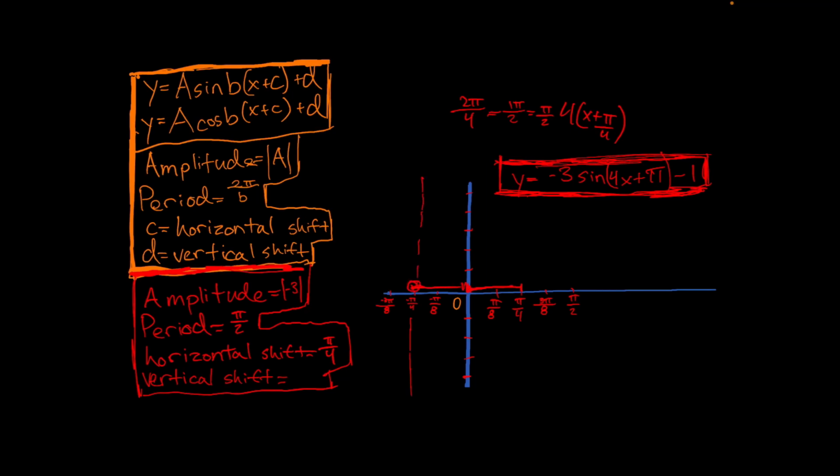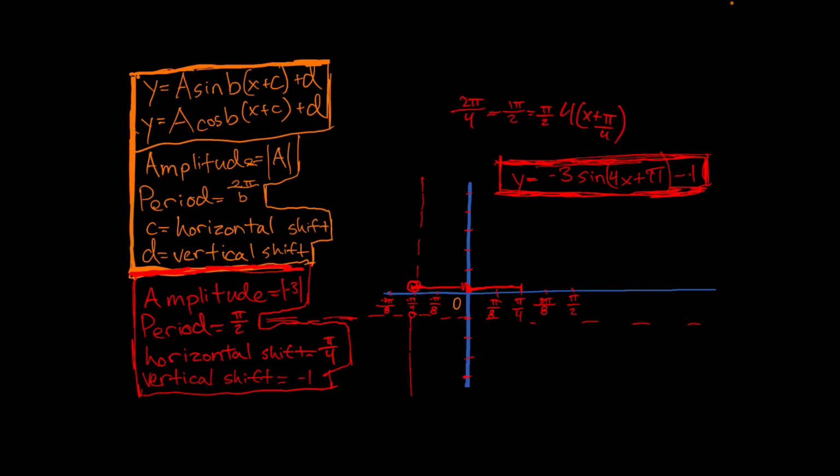All right, and now we have this minus 1 right here. And we also have this d right here, and d equals the vertical shift. So our vertical shift is minus 1. And now we're going to go down here. And now we can write an imaginary x-axis. And now we're just going to graph our sine graph, but also remember that we have negative 3